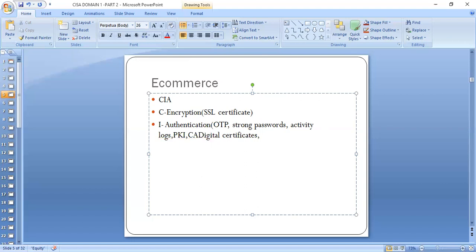Okay, I want to see digital signatures, all right, also for authentication, non-repudiation, and integrity. So I want to be able to see all this and more to ensure integrity on e-commerce